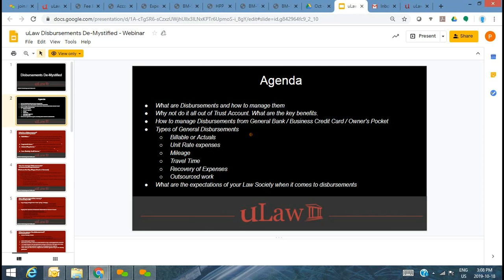And last but not least, some of the key documents that are definitely expected by the Law Society as part of an audit, whether it's spot audit or a plan audit, to showcase the audit trail as well as the story behind the transactions of these disbursements.